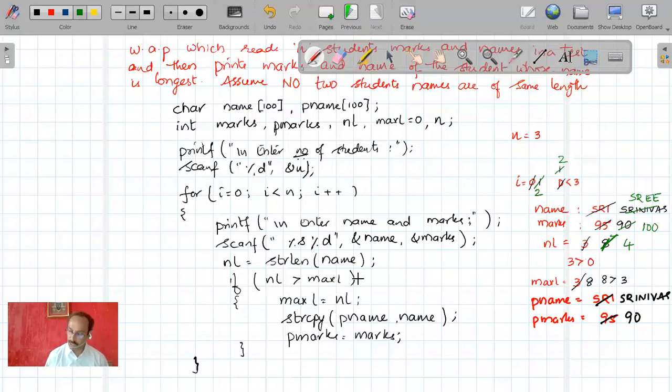NL is greater than maxL. What is NL? NL is 4. Is 4 greater than maxL? MaxL is now 8. 4 is greater than 8? So no. So I need not execute these statements. Whatever I have previously, these are correct. So come back here. Increment the value of I. 3 less than 3, false. So at the end of this loop, I need not execute, right? When 3 is less than 3, I need not execute. So end of this loop,